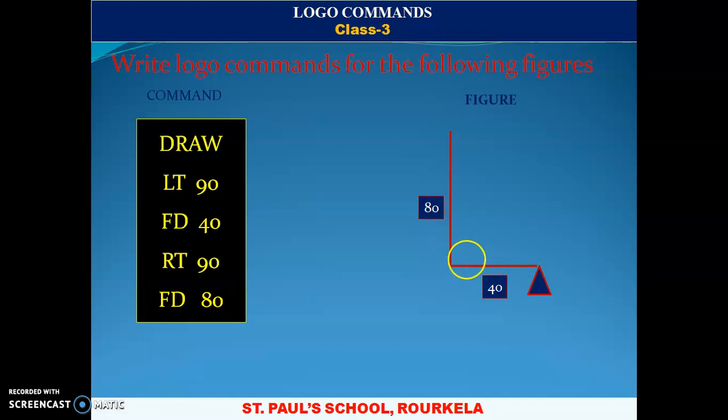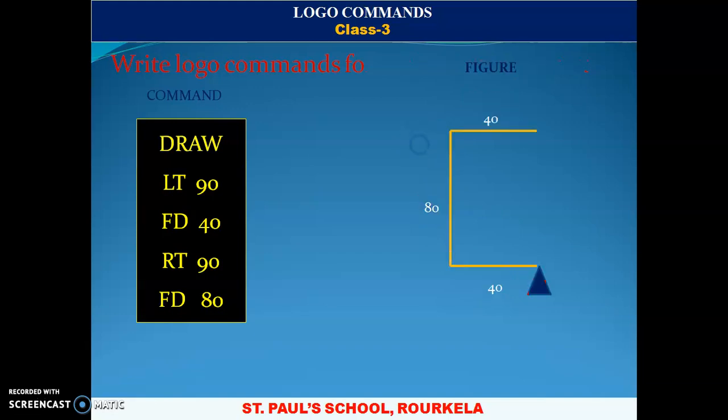Now again, when your turtle position is here, you want to draw a vertical line. You want to draw the line this way, that is the right side of your turtle. So before FD, first use RT90, which moves the turtle to its right side. Then you have to use FD80. So your commands are LT90, it will turn like this. Then FD40, it will draw the line. Then RT90, it will turn in this direction. Then FD80 means it will draw this line. So this way you will draw the same L.